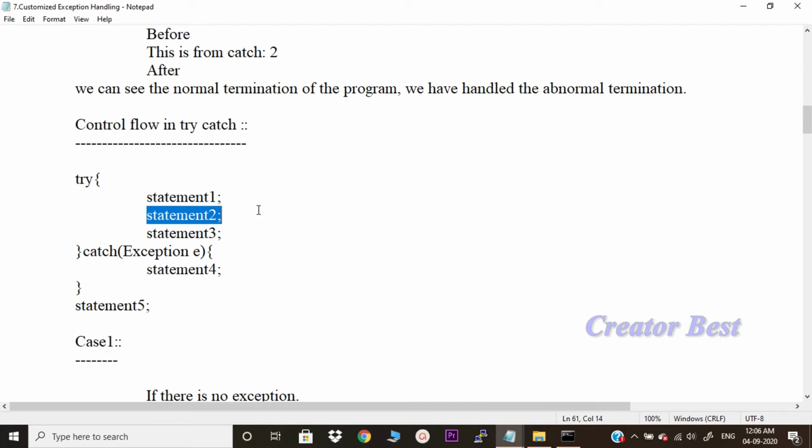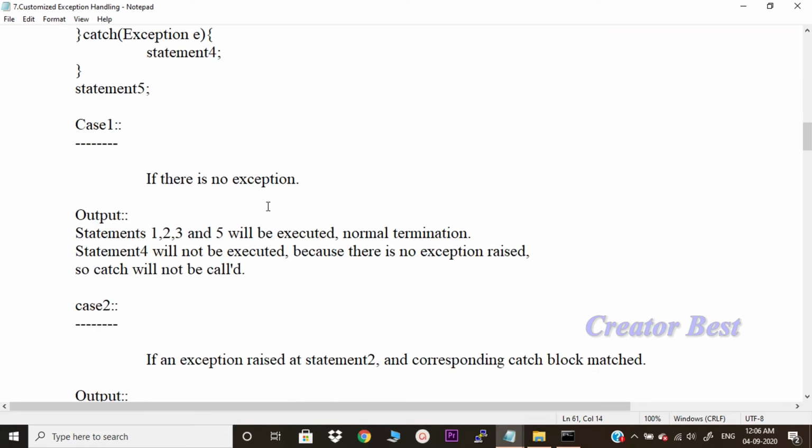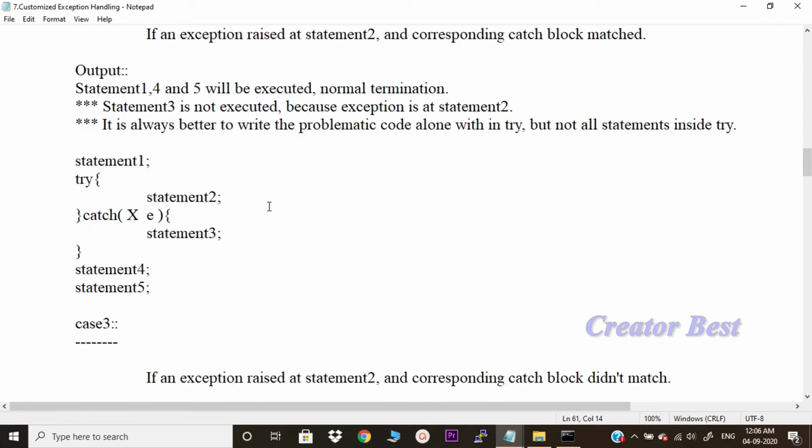If that exception doesn't have a matching catch, it only executes statement 1, and even statement 5 will not be executed. The program gets terminated abnormally then and there itself. I will show you with an example, do not worry.